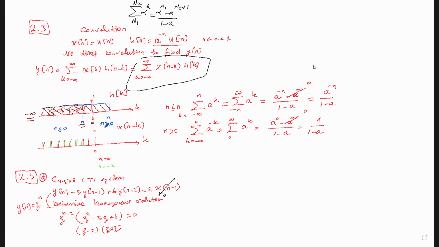Okay? Then the solution will have a form a1 z1 to the power n plus a2 z2 to the power n. So then y of n